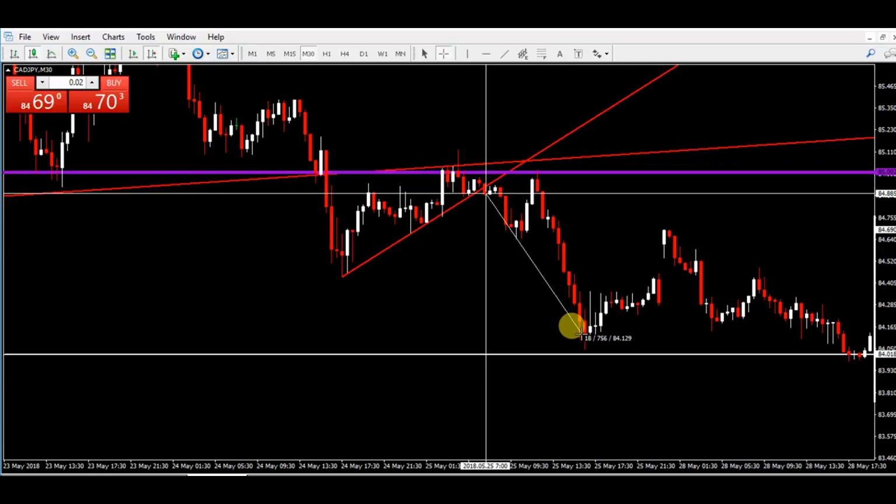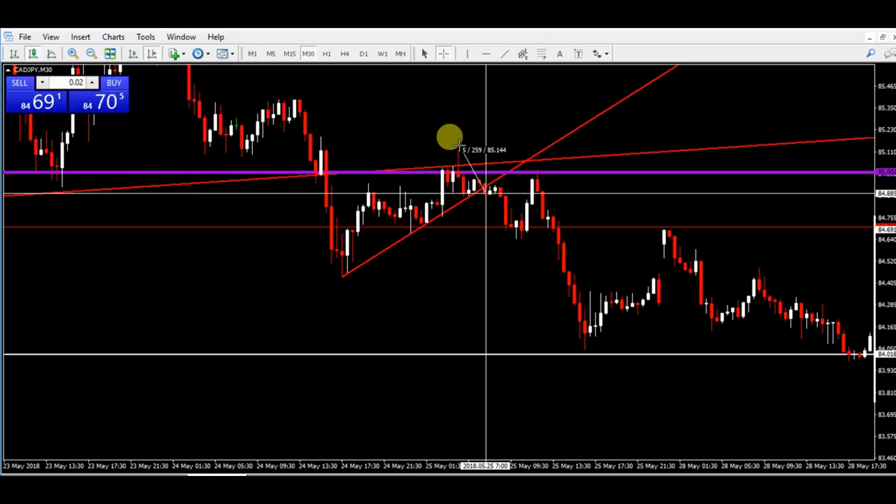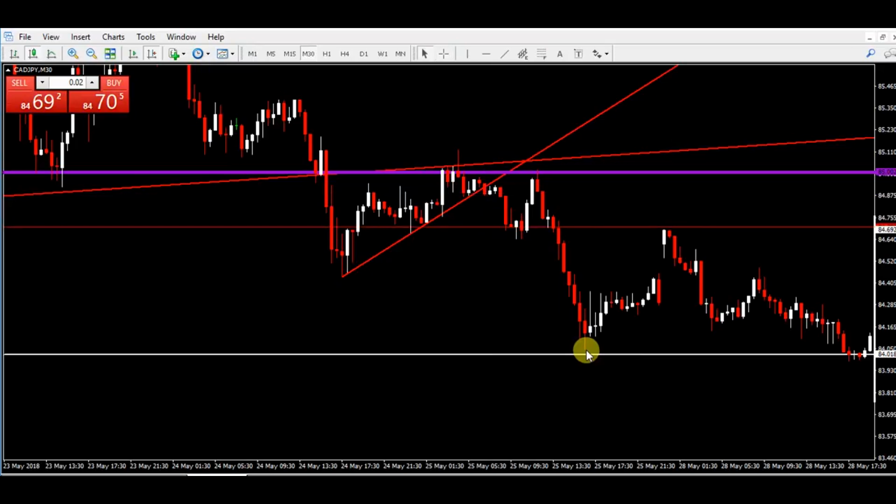And where would we have exited? At the next whole number. You would have caught a good 85 pips out of a risk of only about 26 pips, and caught 80. That was a good 1 to 4 risk reward trade based on, where did I start? Weekly time frame, and finding and following the same rules on the lower time frame for the sniper entries and exits. It's really that simple, people. It doesn't get any easier than this.